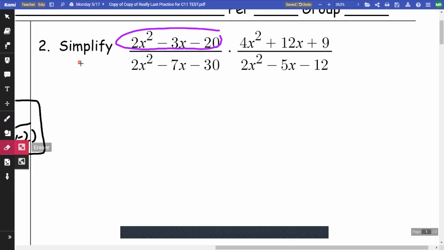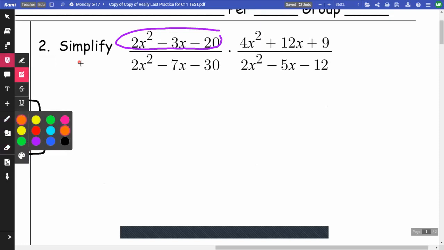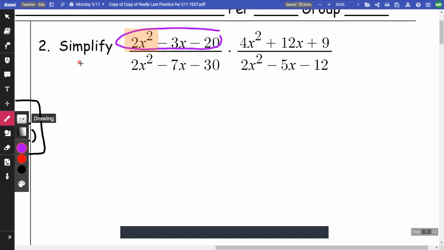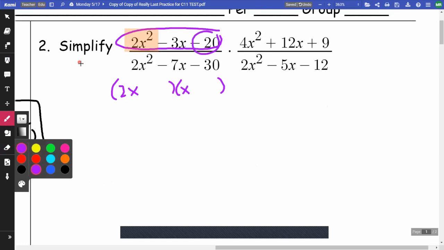So looking at that, I know that the front 2x squared, the way I can get that, it has to be a 2x and an x. That's the only way to get that. And then the way to get the back, I'm going to be focusing on this,